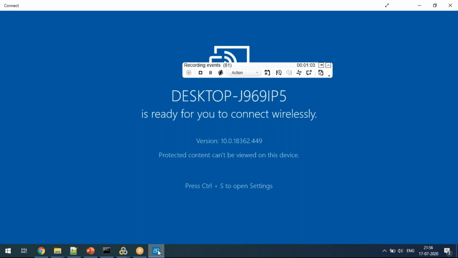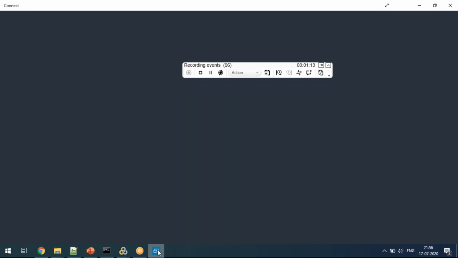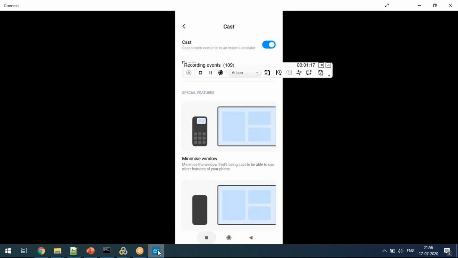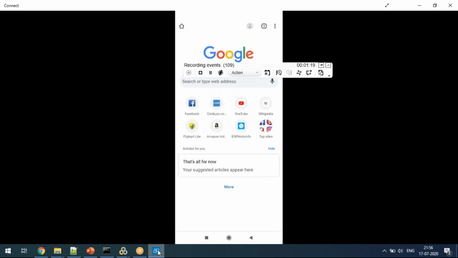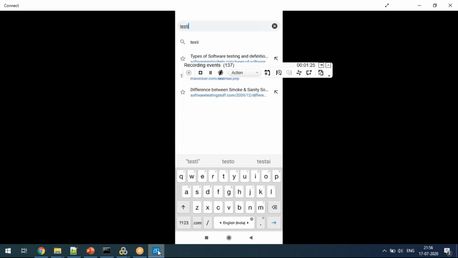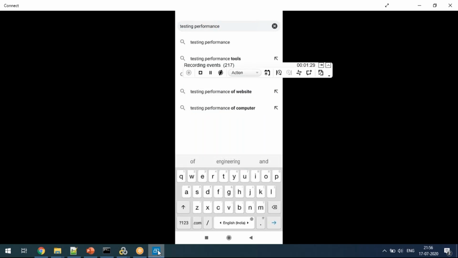Just a minute. Yeah, this is my browser. So I'm typing something like testing performance or something like that, and then I click enter.